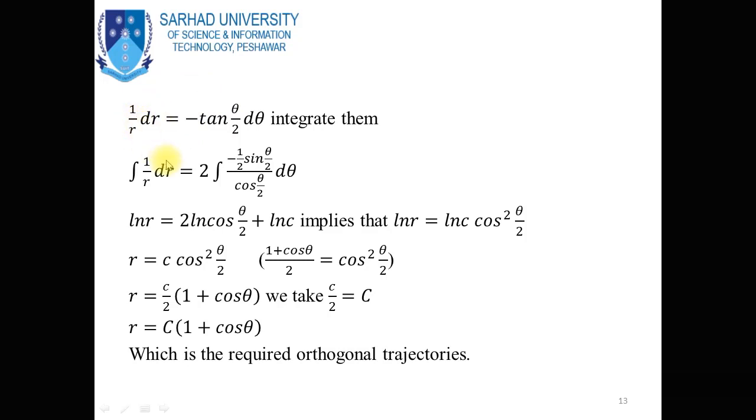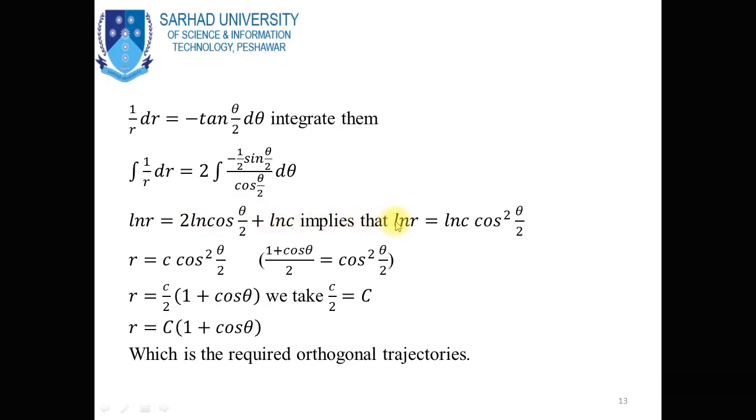Now we can take the integration of 1 over r with respect to r and the integration of tangent theta by 2 with respect to theta, but we can write tangent theta by 2 is equal to sine theta by 2 over cos theta by 2. And dear students, since the derivative of cos theta by 2 is minus 1 over 2 sine theta by 2, so multiplying by minus 2, and now taking the integration, 1 over r gives log r, and the integration of this expression is 2 log of cos theta by 2 plus log of c,